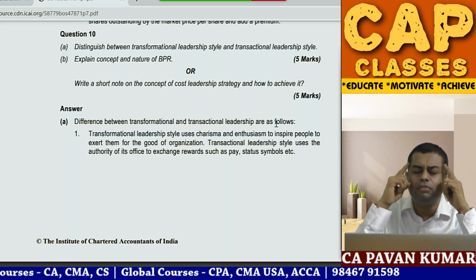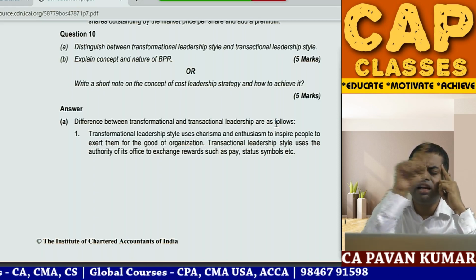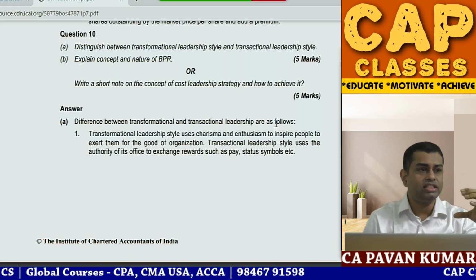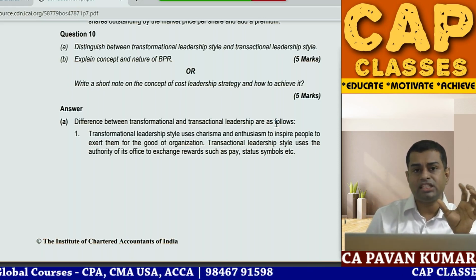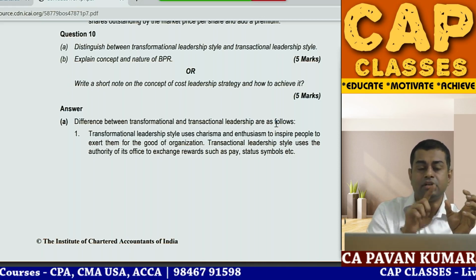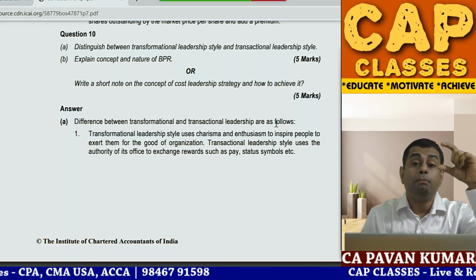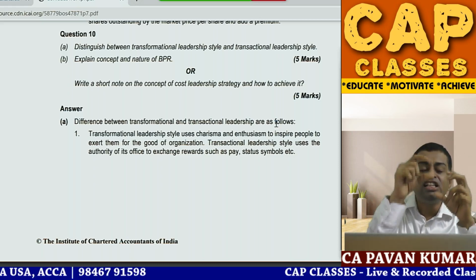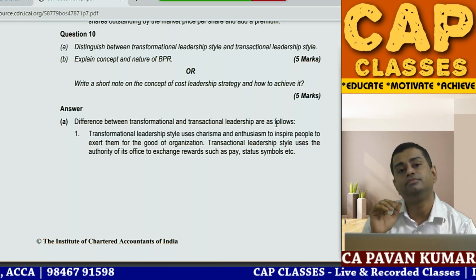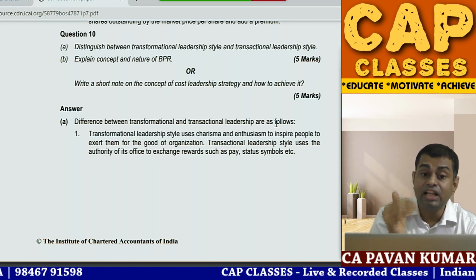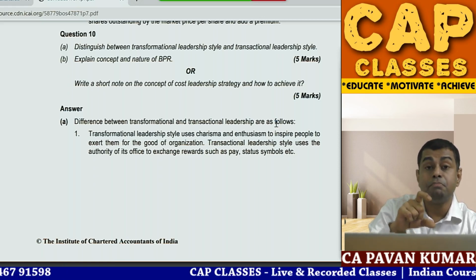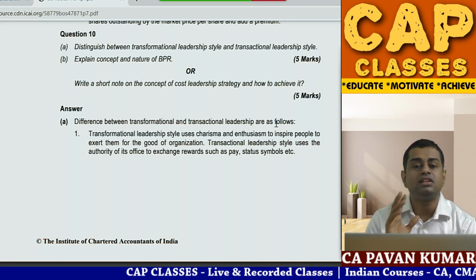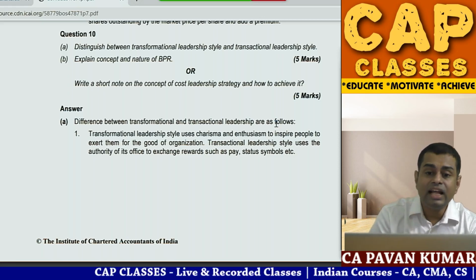So do you remember Michael Porter's generic strategies diagram? This side is competitive advantage, with two arrow marks down: here low cost provider, here uniqueness in the product. This side is customer base, with two arrow marks again: broad based customers, narrow targeted customers. Broad based customers with low cost provider is cost leadership. If you explain this, it is enough. A company that chooses to be a cost leader targets broad customers across the market segments, across the industry. Then they're asking you how to achieve it.